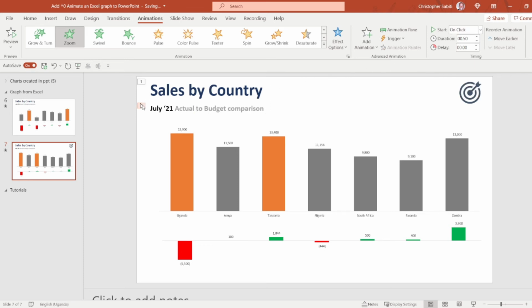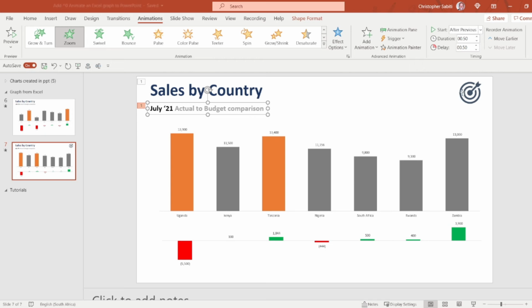Then the second, also it is a zoom. You can select any, but this is a zoom. Then there is grow and turn, but you don't have to overuse animations. Professionally, there are some animations which don't work for your presentations. Now here you can go ahead and do this after previous, which means after the other header, then we shall have this. We can include a delay of around 0.5 seconds, and that will be the duration.